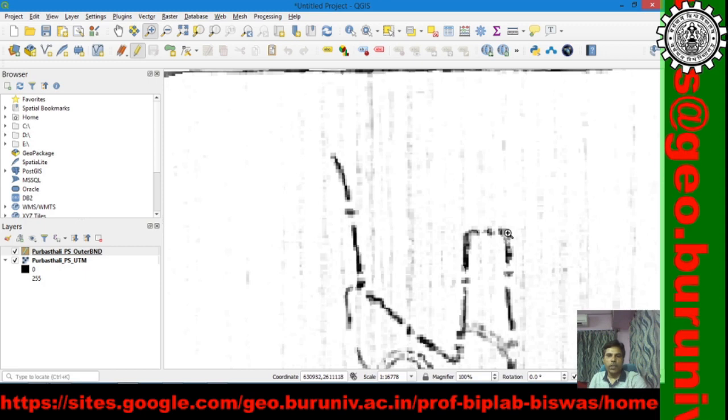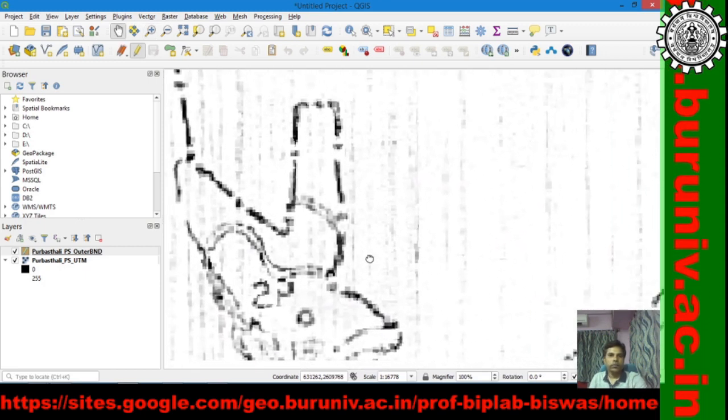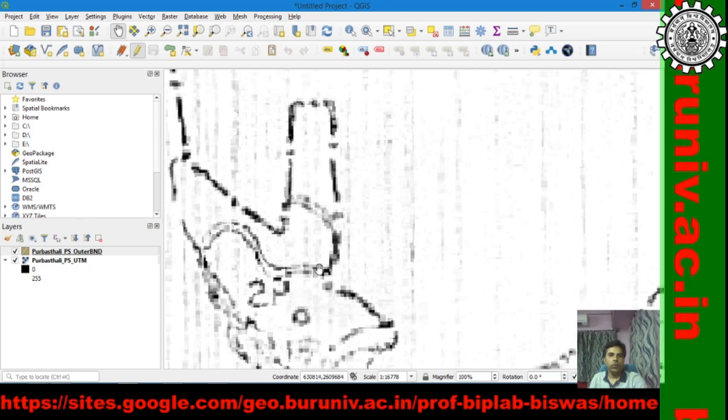I prefer to start from this point and we will go like this. This is my advice to all of you: make this layer visible up to this level, I mean zoom up to this level.